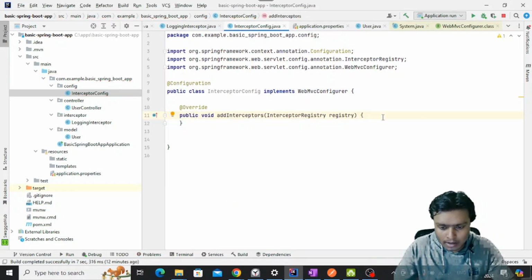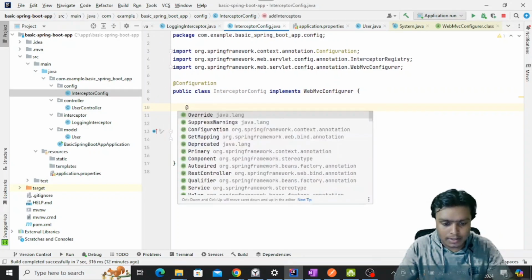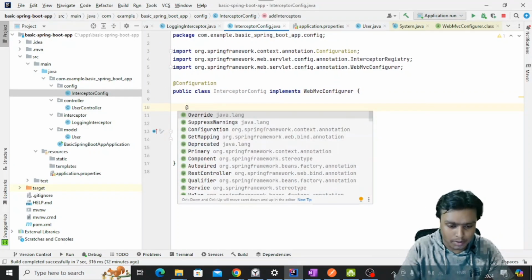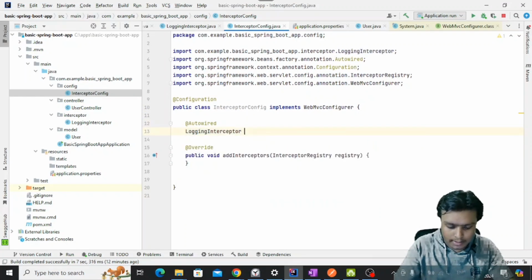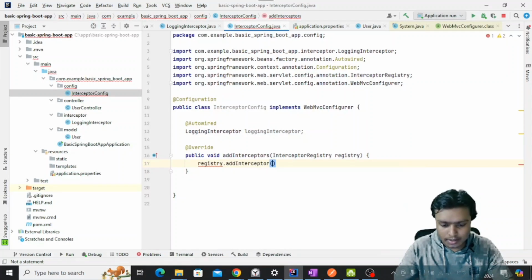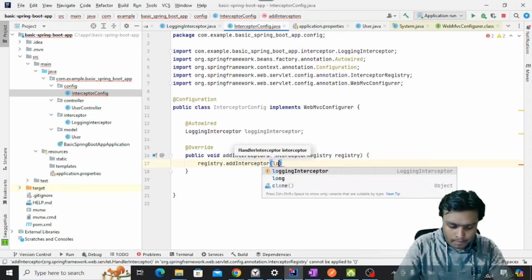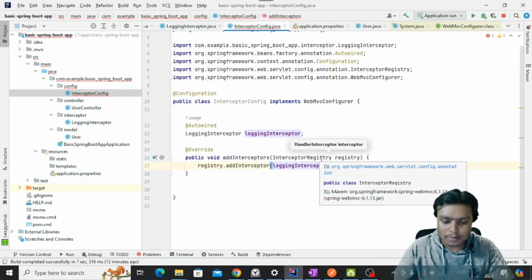Here I will autowire the custom interceptor I have created, the LoggingInterceptor. Then I will add my interceptor in the registry like this. There is a class called InterceptorRegistry.